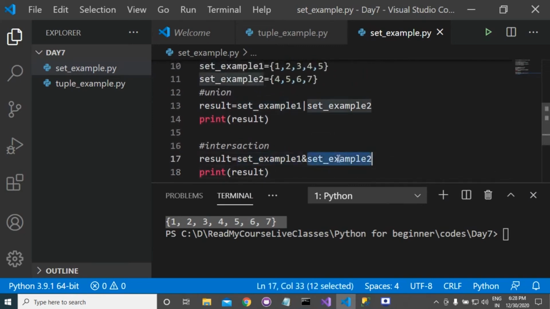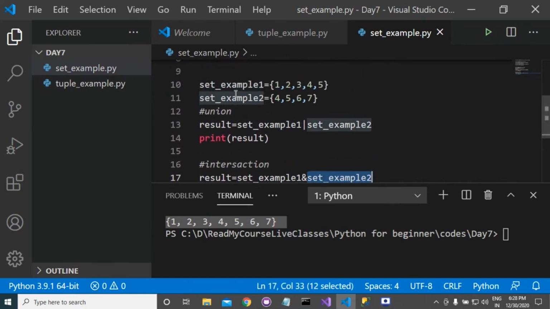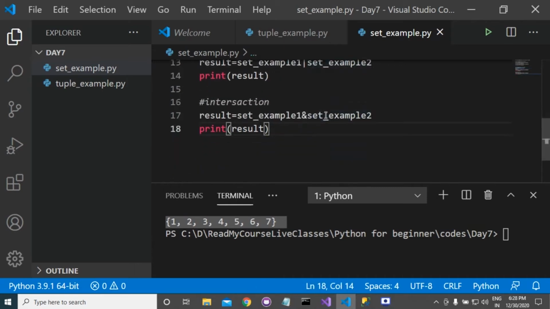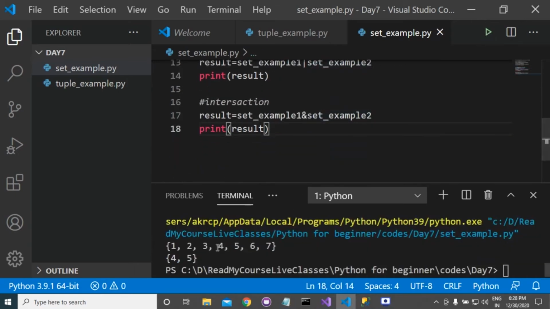Intersection between two sets means that you will get elements that are present in both the sets. Theoretically we should get 4, 5 because 4, 5 is present in set 1 and set 2 also. If you print the result, you will get 4, 5. You can see that the output is 4, 5.